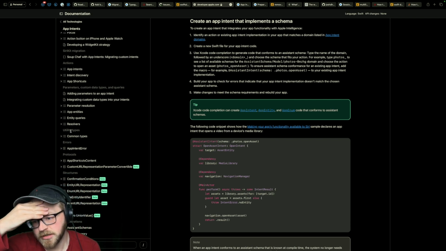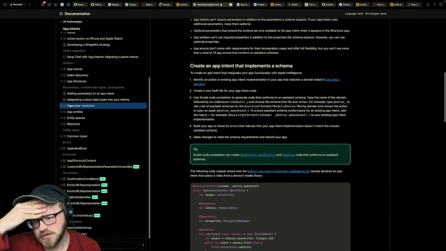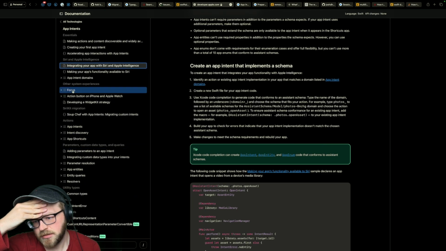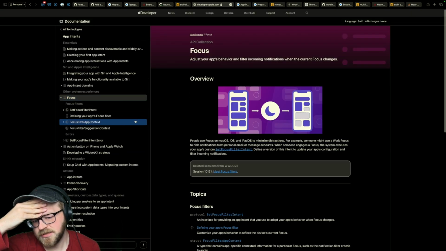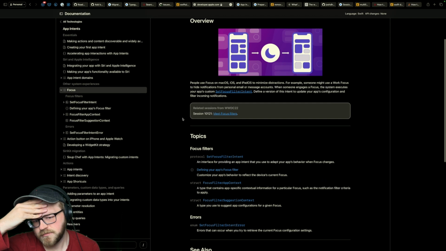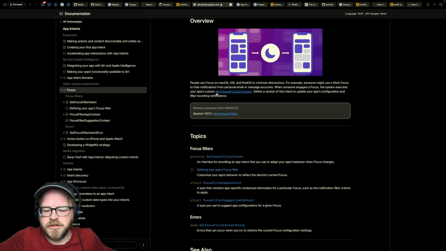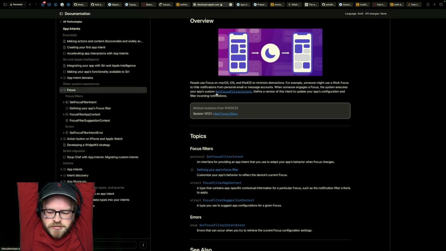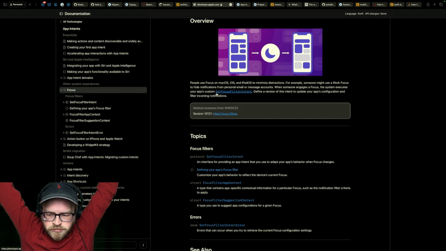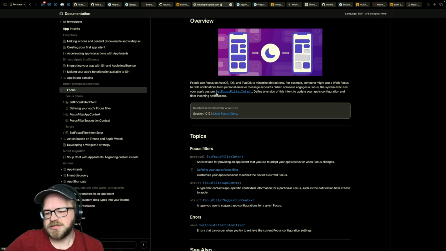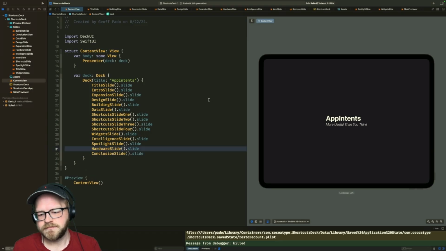So maybe I look into that and figure out how that works. And then that can be our last slide. When someone engages a focus, the system executes your app's custom set focus filter intent. Define a version of this intent to update your app's configuration and filter incoming notifications. Yes. Okay. That actually probably is more interesting. So we'll turn our hardware slide into our focus slide.